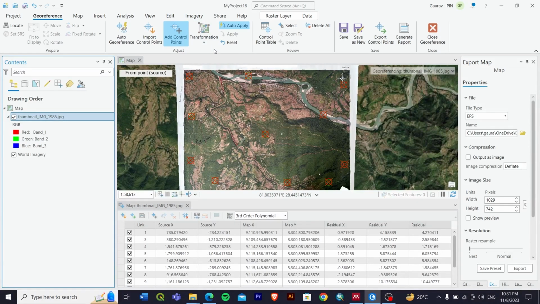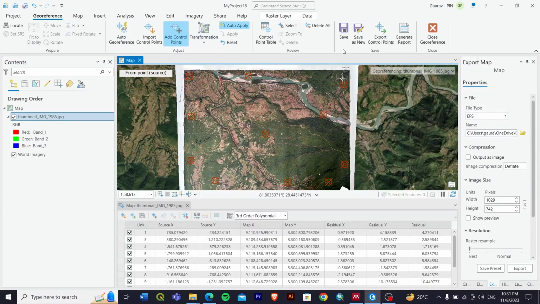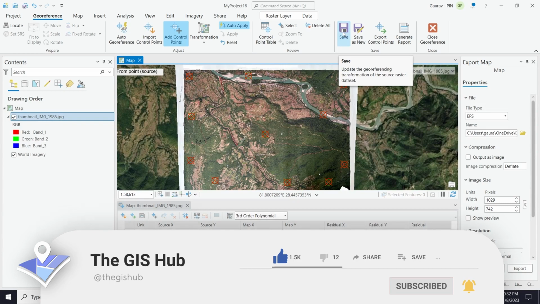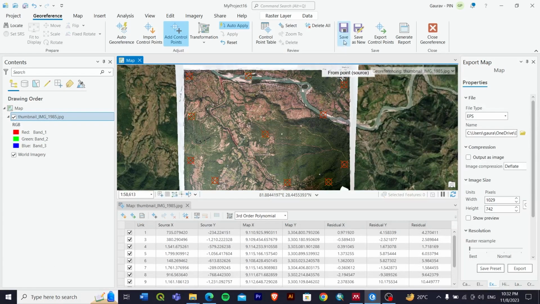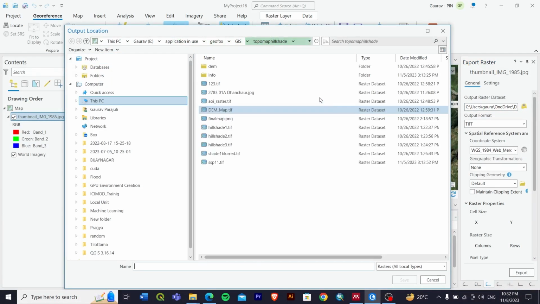So after that it's georeferenced. So let's save. You can see update the georeferencing transformation of the source raster data. So you can directly update the source or you can save as a new, and let me save this as a new. And I'll save this export raster. You can see the export raster form here file,